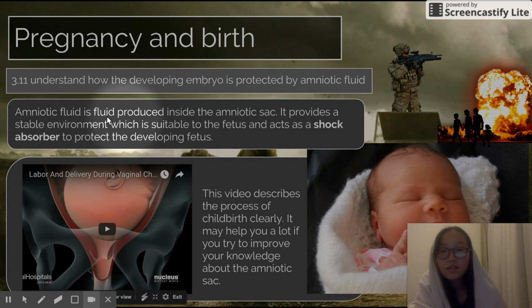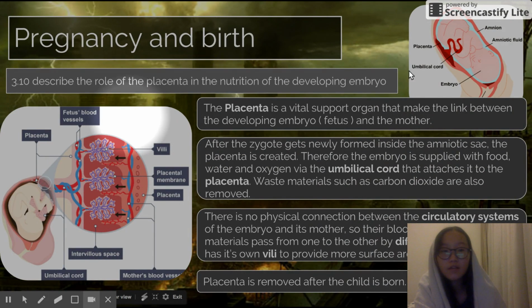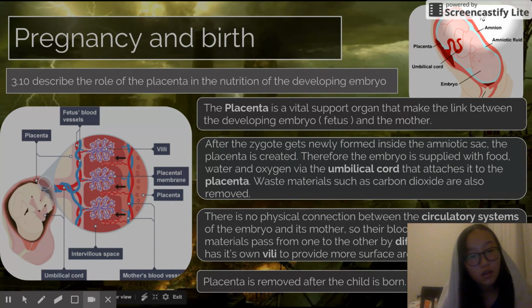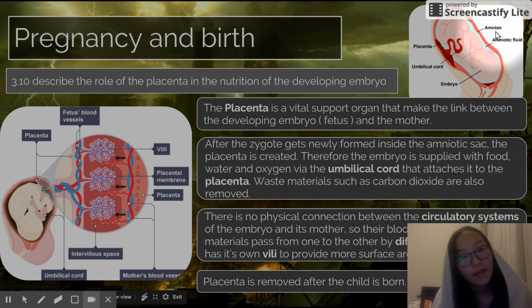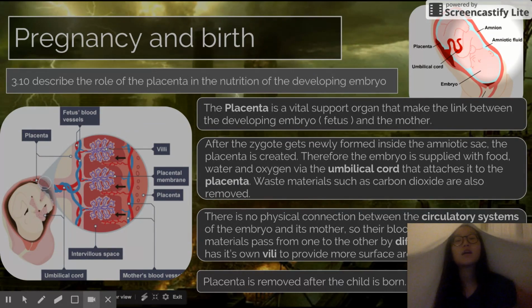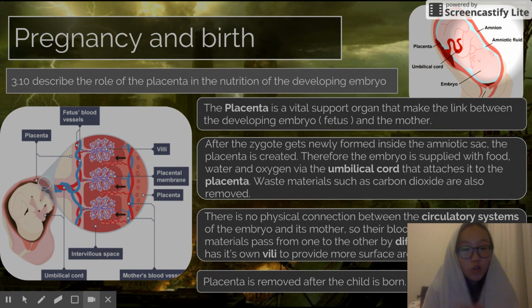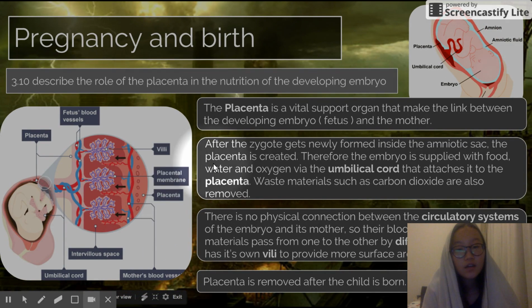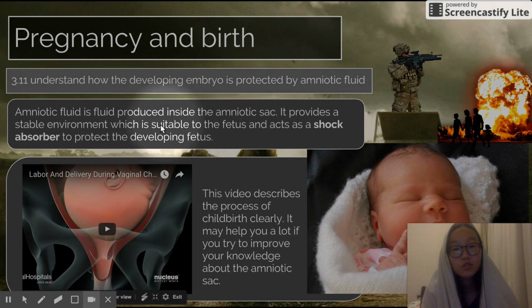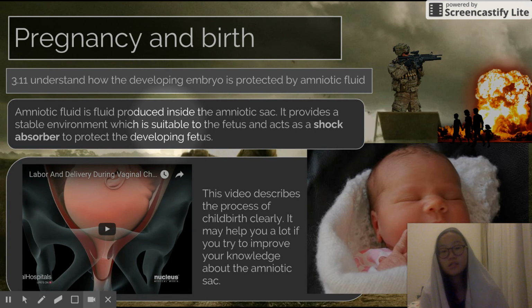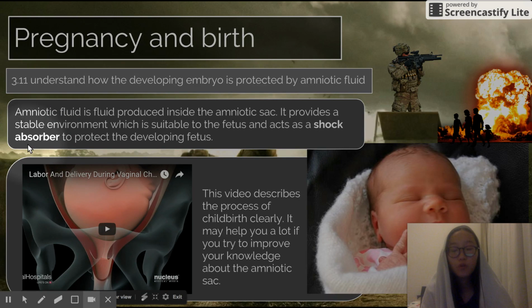And here's some information about the amniotic fluid. The sac over here is called the amnion, and there's a fluid inside the amnion which can protect the baby. It works as a shock absorber. The amniotic fluid plays a massive role because it provides a stable environment to the fetus and acts as a shock absorber to protect the